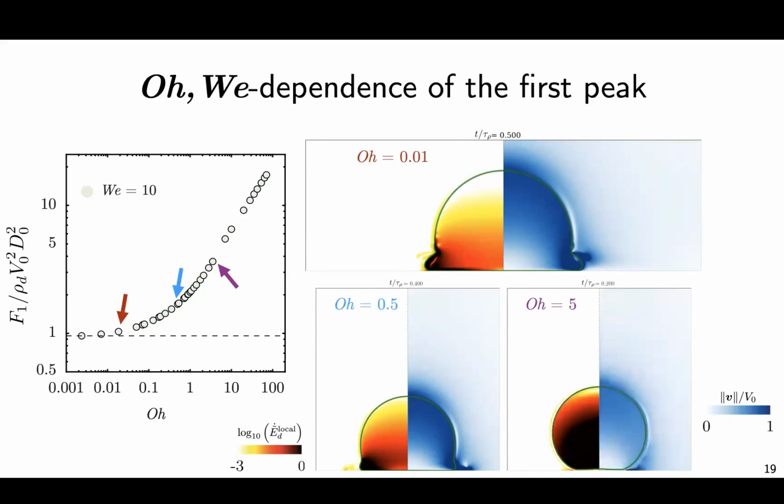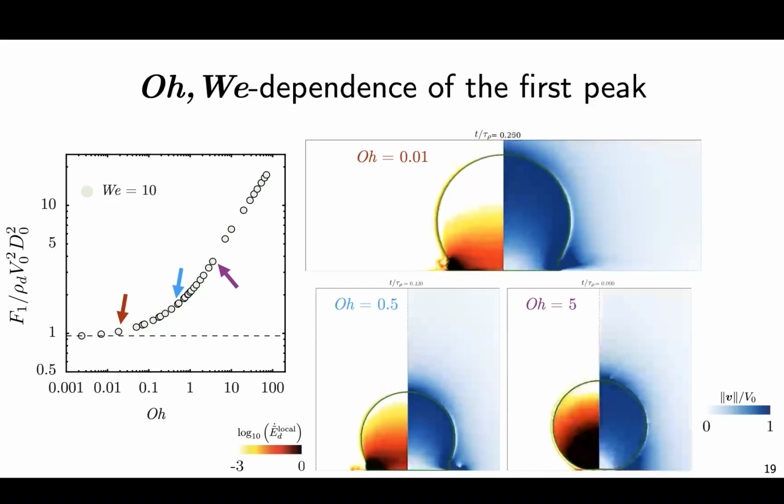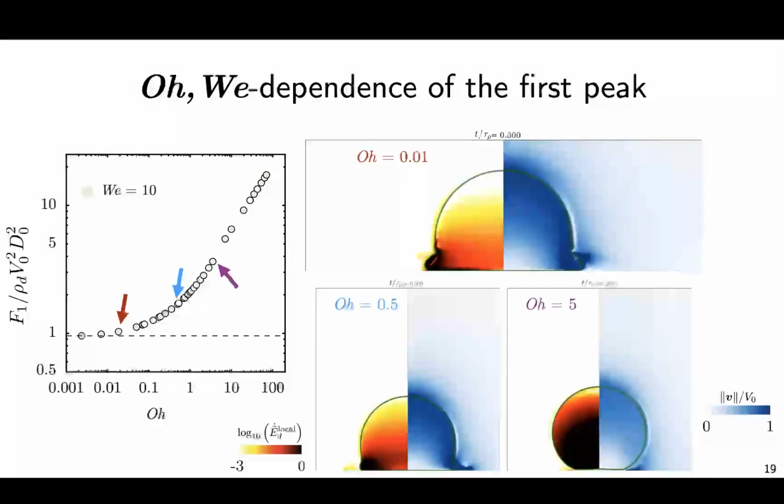Whereas when we go to high Ohnesorge numbers, for example, Ohnesorge number of 5, the viscous dissipation happens entirely inside the droplet, and this is how we can explain this increase in the first